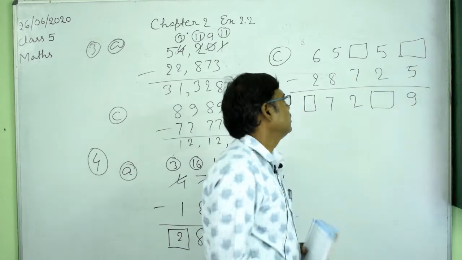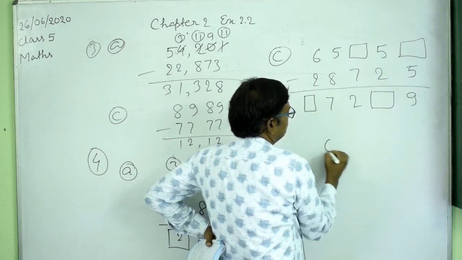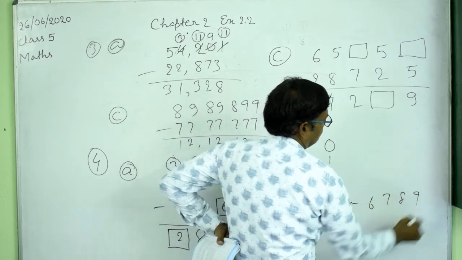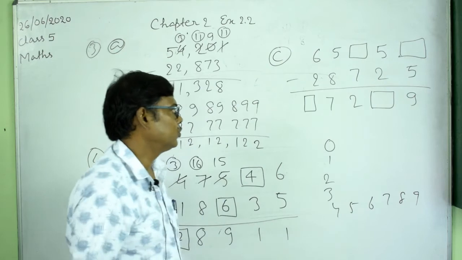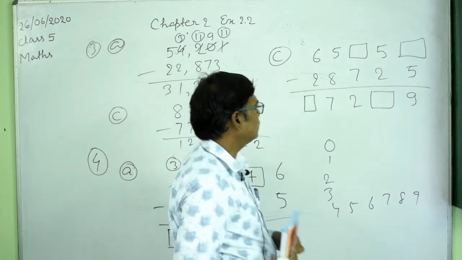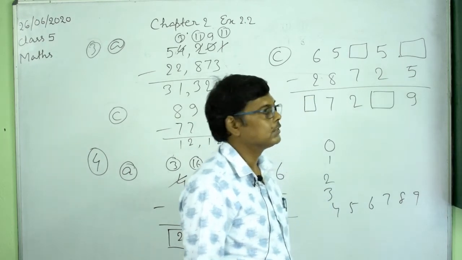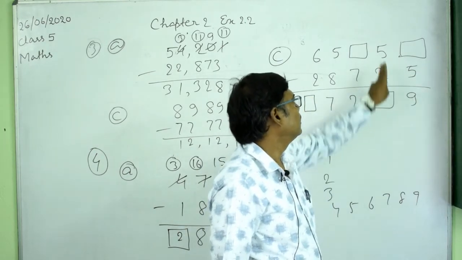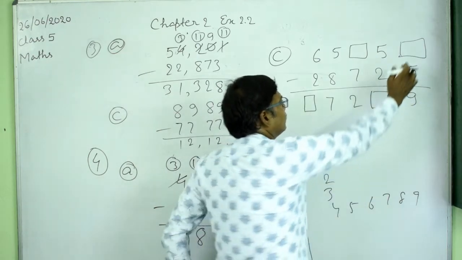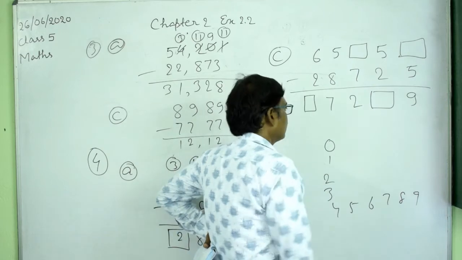Because we can write only digits in these boxes, like 0, 1, 2, 3, 4, 5, 6, 7, 8, 9. We can write only these digits. So you cannot write 10 or 11 etc. You can write only one digit. So now you see here that if you write 9, the largest number, then 9 minus 5 still will be 4. So it means that here we have to borrow something from this number, only then will we get the answer like this. So here the number must be of 2 digits, and that will happen only when we borrow from 5.